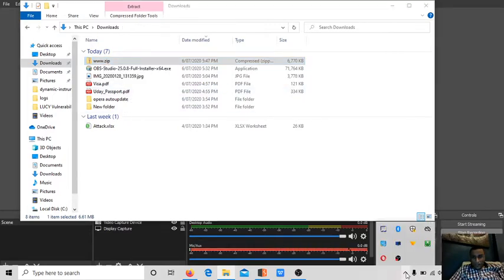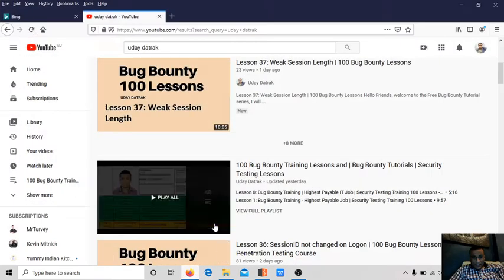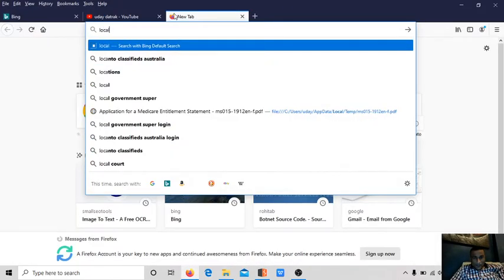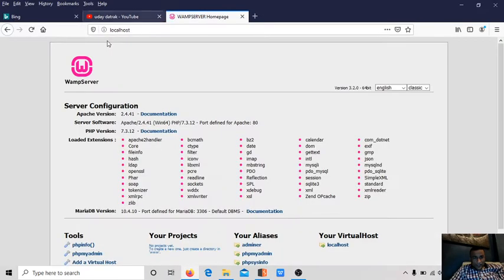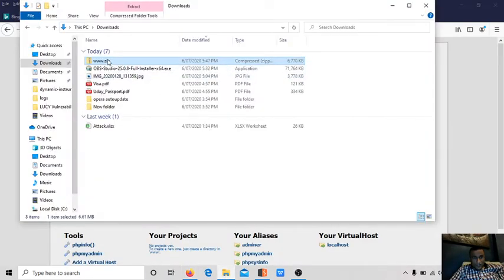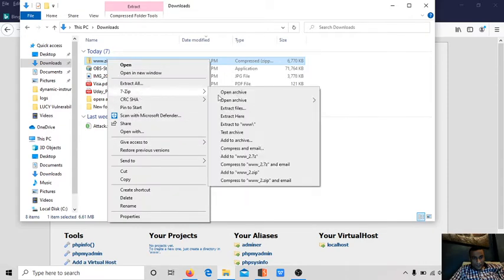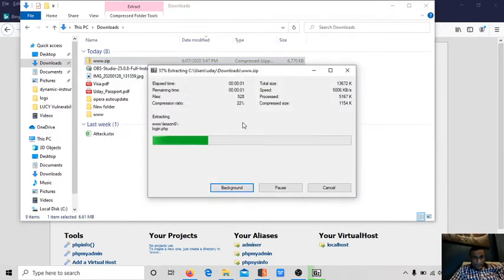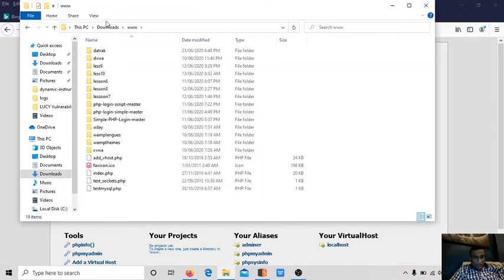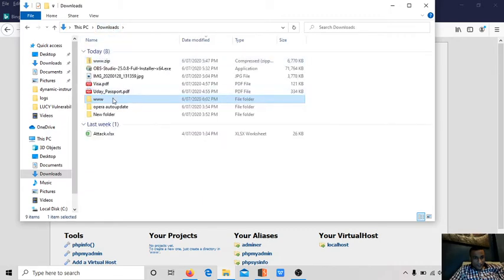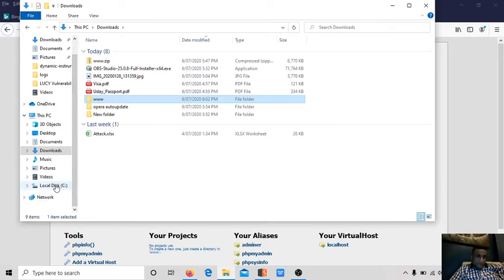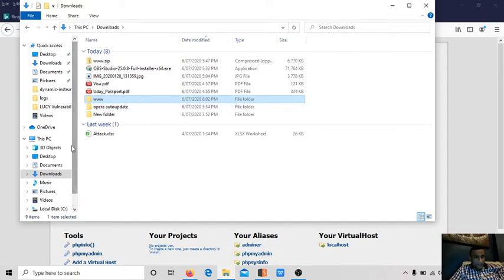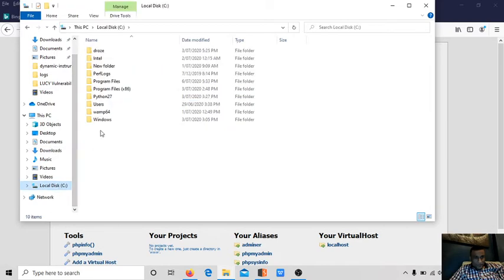So I installed WAMP server and started it, and I see that WAMP is running on my machine because its icon is green and I can visit the website. Now all I need to do is, first, unzip this with 7-zip. Since I installed WAMP on a new machine, I just copy these contents as they are. Right click, copy. You need to make a backup of that and upload it to your Google Drive, guys, so that whenever your system formats or you buy a new laptop, you can practice that way.